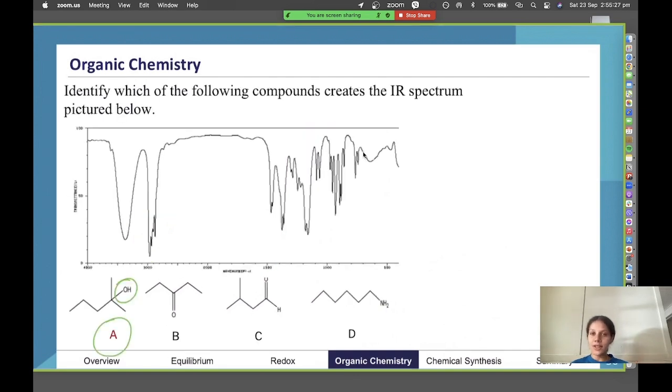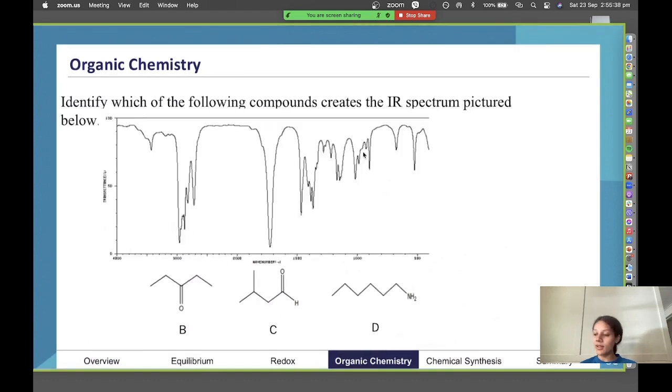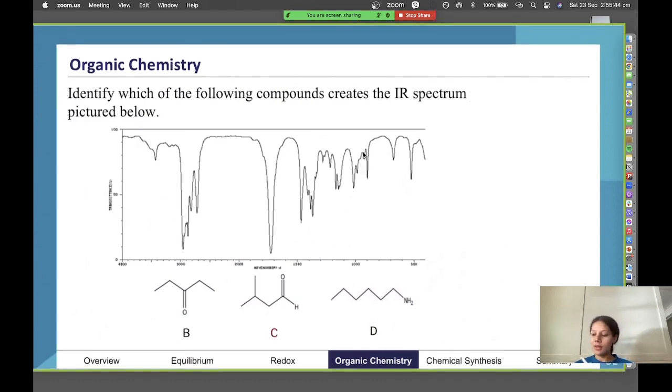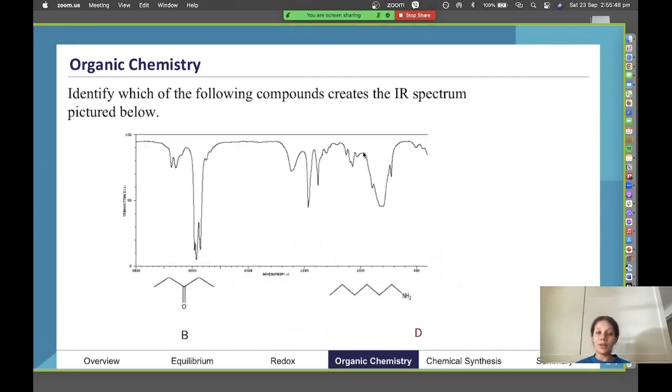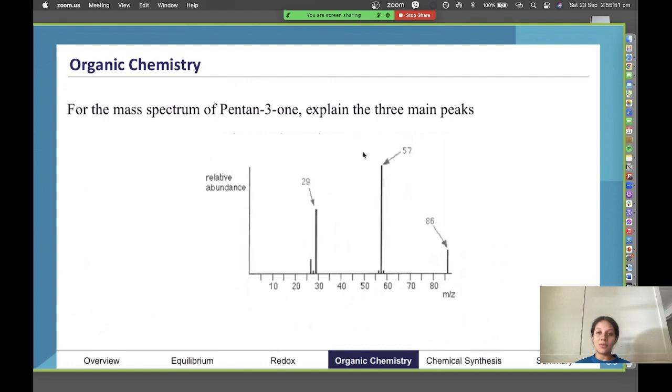So again, have a look at the table in your data booklet. You can download the slides again and go over that with the actual data next to it. But the correct answer there for that question is A. And that's the main process with interpreting IR spectrum. So then we have the same question. Again, in the interest of time, you can access these slides, download these and have a look at them. So that's just working down through all of the molecules there. If you want some more practice questions, those are available in the slideshow itself.